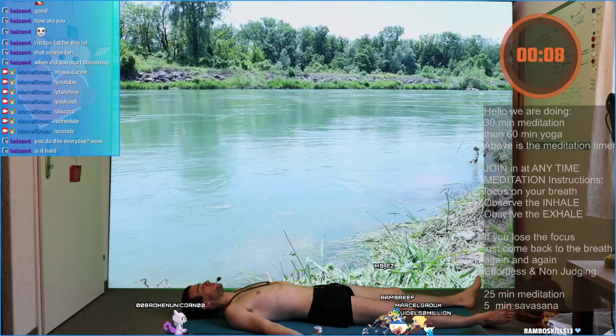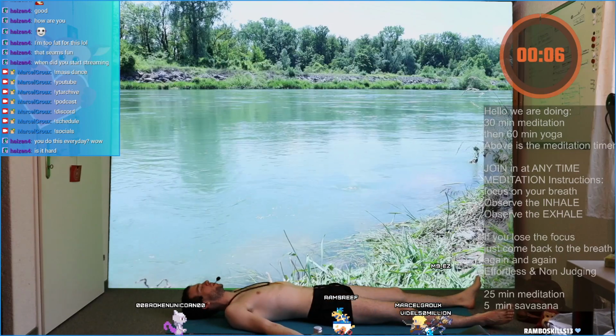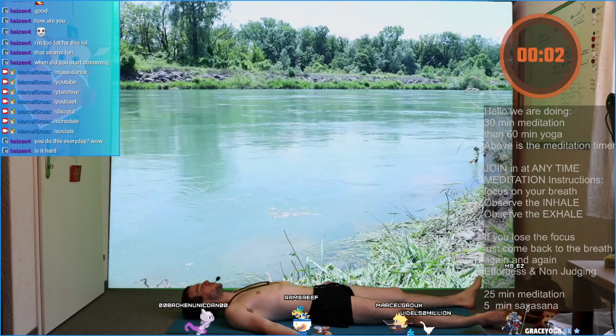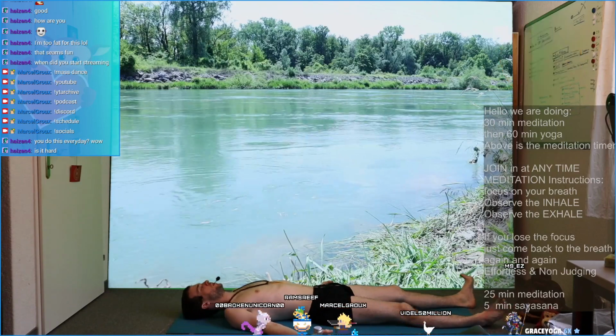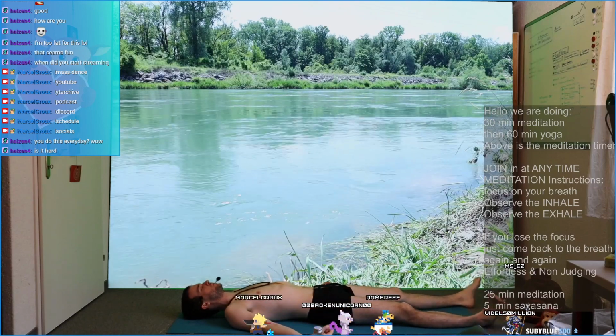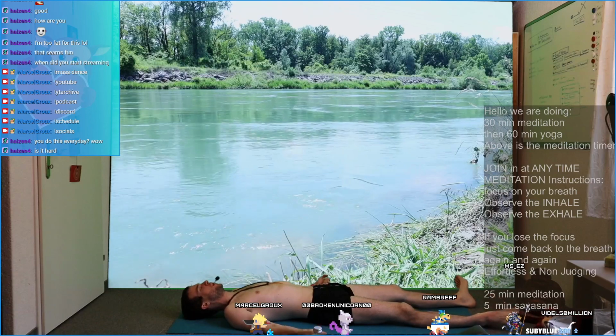Slowly start to move your fingers. Start to move your toes. Move your ankles. Move your heels. Your wrists. Bring your arms